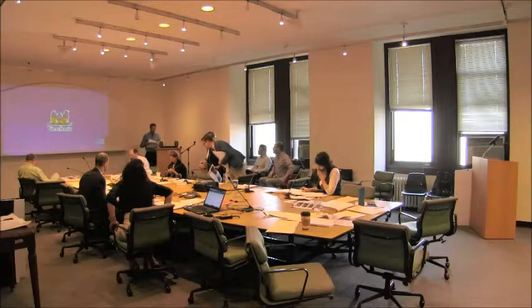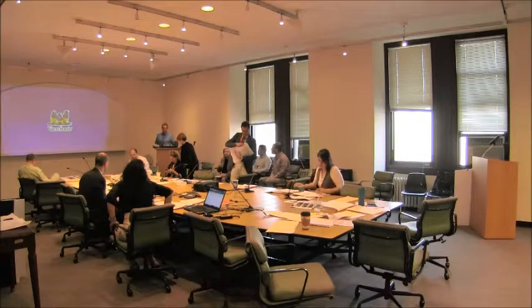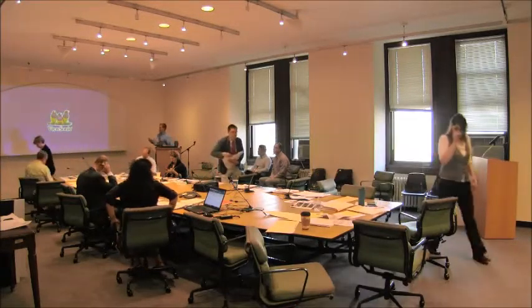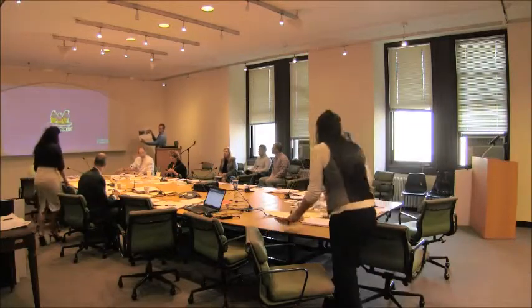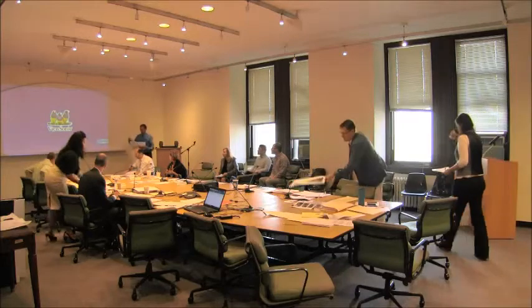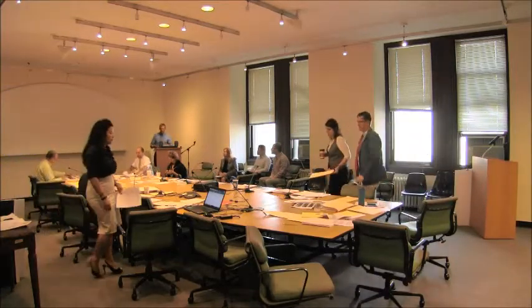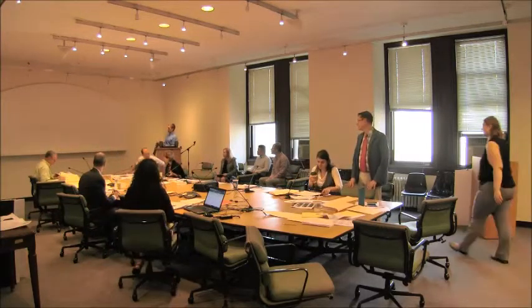Commissioners, I'll get started while the projector is warming up again. This is 604 to 612 6th Avenue, located at the southeast corner of 6th Avenue and West 18th Street in the Ladies Mile Historic District. The proposal before you today is to remove and replace non-illuminated letters that are on top of the marquee. So in your handouts on sheet number 2,